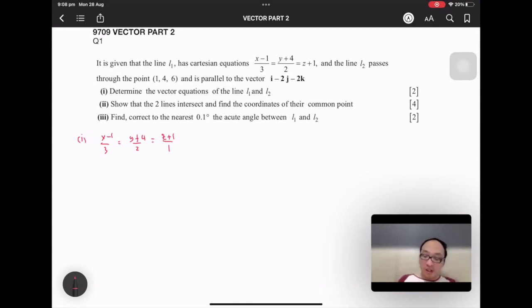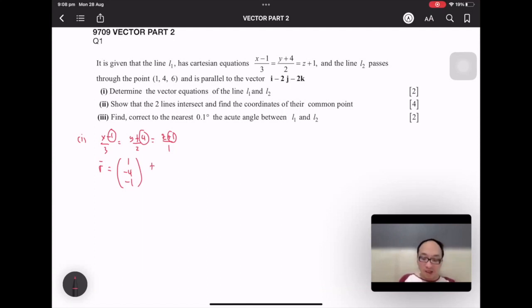The initial point can be taken from these numbers. So r equals, the initial point is (1, minus 4, minus 1)